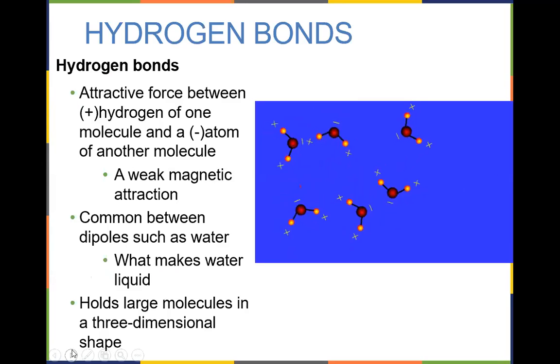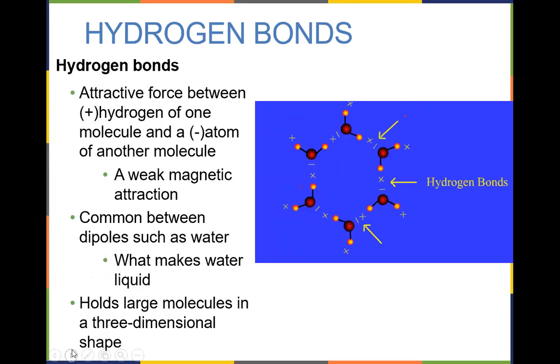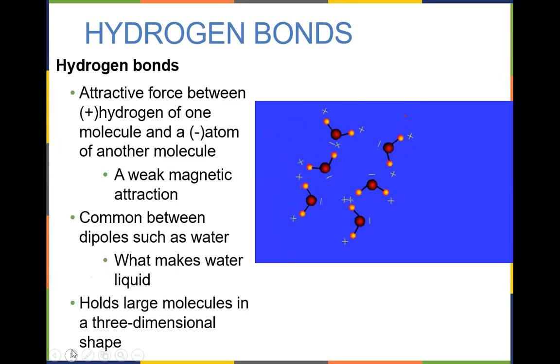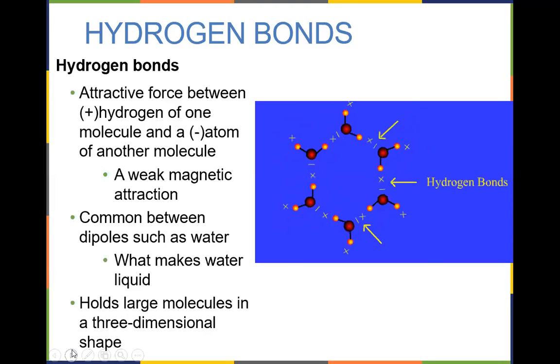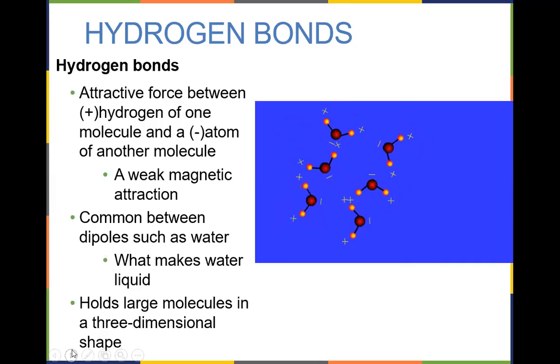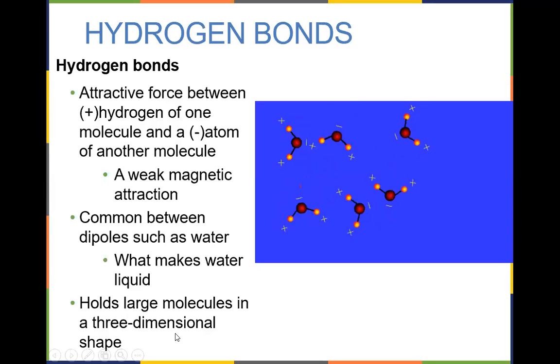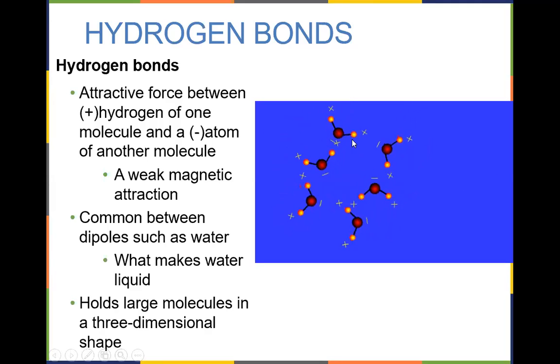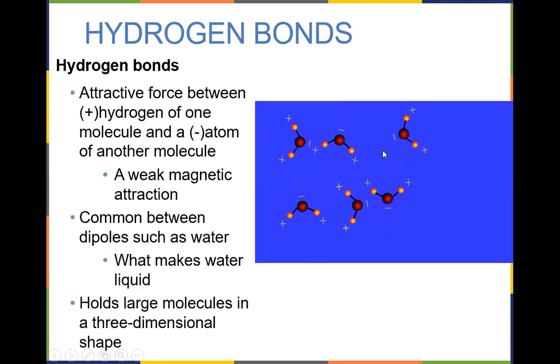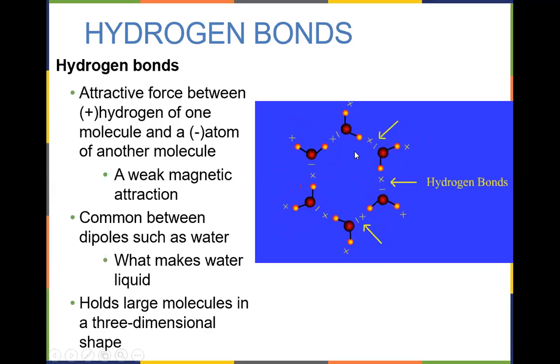So the positive hydrogen ends are attracted to the negative oxygen ends. And so each positive hydrogen can bond with a negative oxygen, like you see here in the illustration. These are hydrogen bonds. There's a positive hydrogen attracted to a negative oxygen. There's another one,